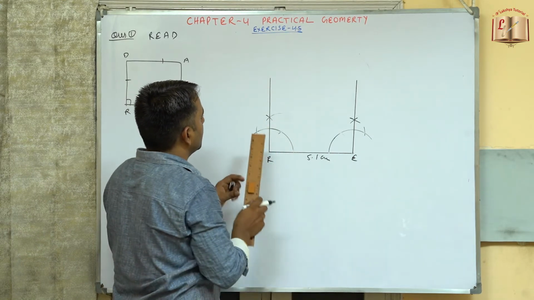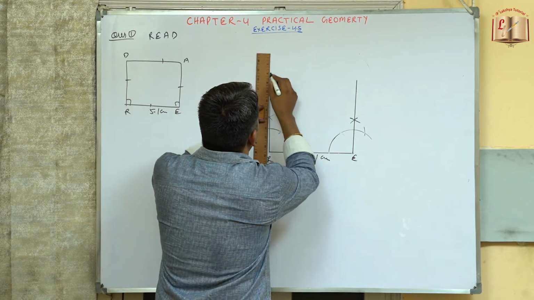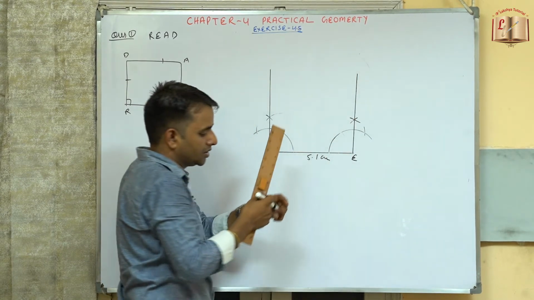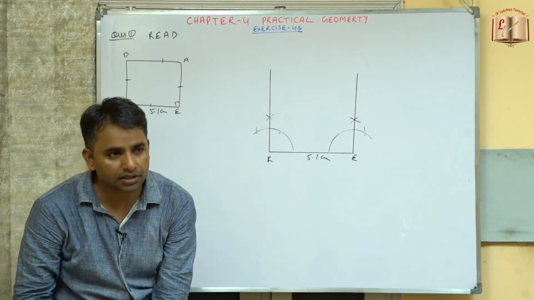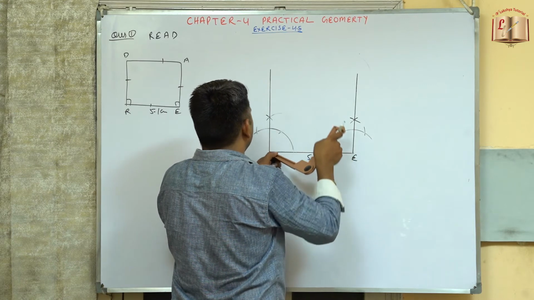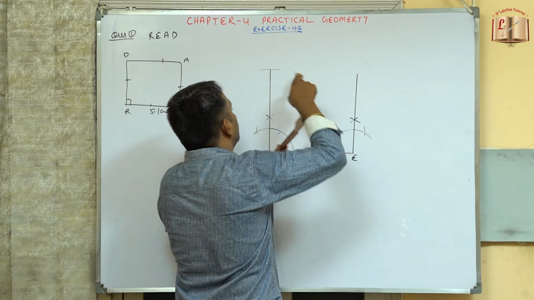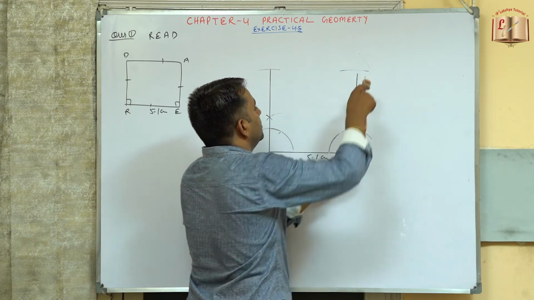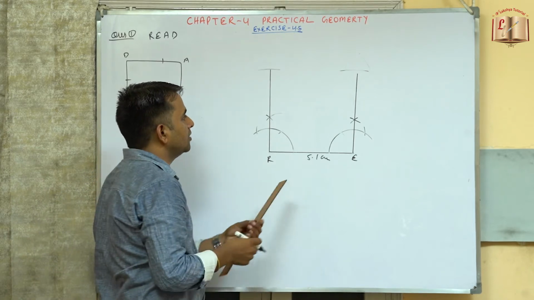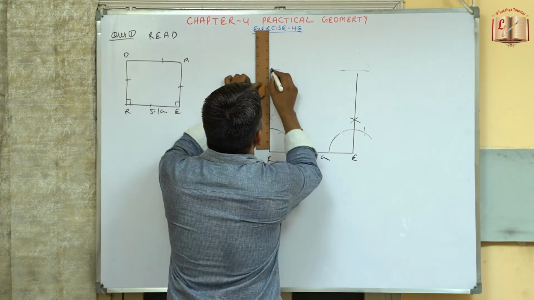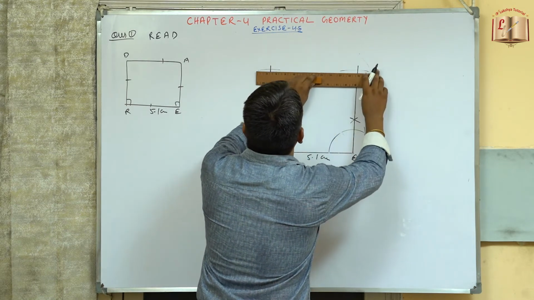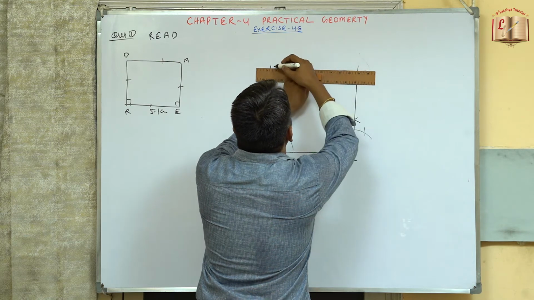Now from here we will cut a length equal to the 5.1 because all the sides are equal in the case of the square. So we will cut a length equal to this same RE. RE is 5.1. So with the same arc we will cut this length, and again from there same this line will be cut. Now we will join all these points. So we will produce this a little further and we will join these two intersecting points.